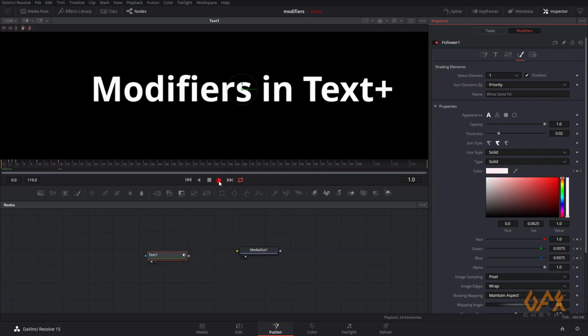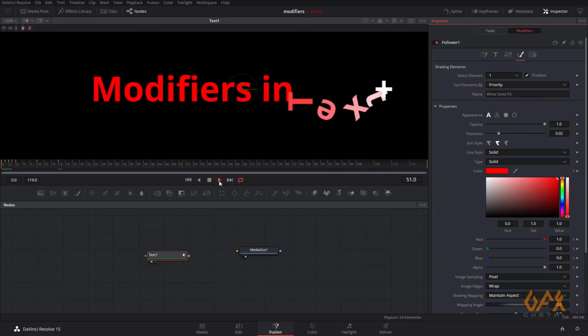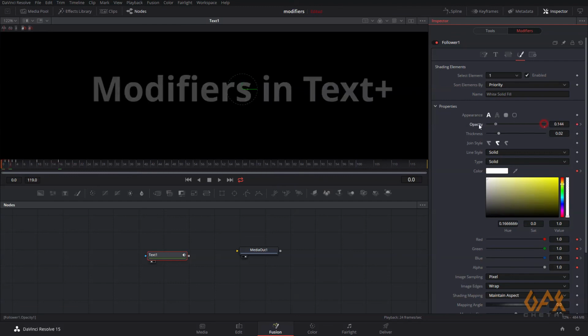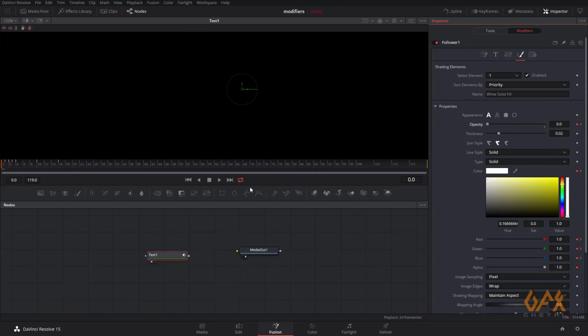Now you see, even you can give some good animation, like on 16th frame I animate the opacity, for example 1, and at start it's 0. So right now no character, and now if I play the thing,